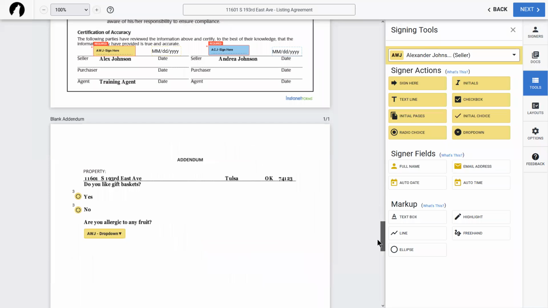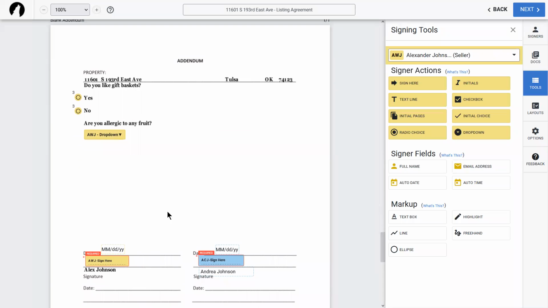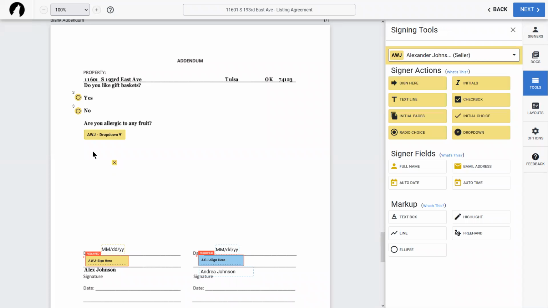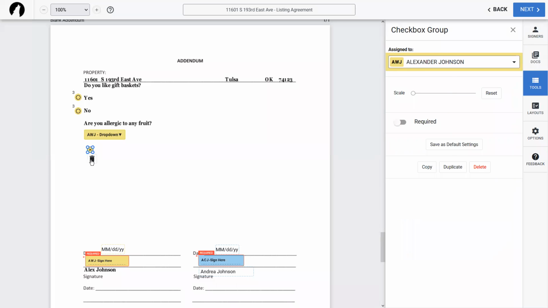If there is an acknowledgement option that you guys want, so for instance, if instead of it being an either or option, it's just a, do you acknowledge that you've read the above information or something like that? You can also use the checkbox. And just as a reminder, the checkbox default is that it's required. You can make it larger and smaller. But this required option means that they have to check the checkbox or they cannot move on. You also have the option to toggle that switch so that they can check it or not. If they don't want to, they don't have to.